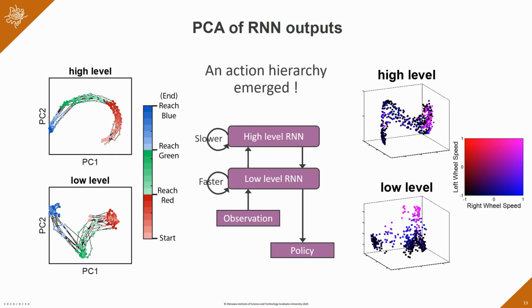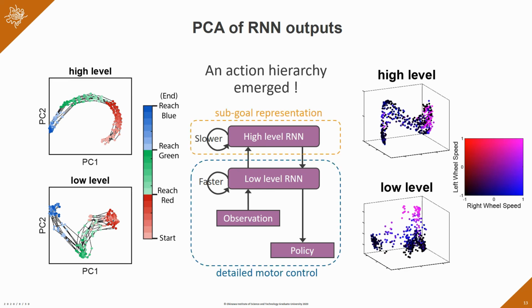So based on this, we can see that an action hierarchy emerged, and so the high level RNN learned subgoal representation from reinforcement learning, and the lower level corresponds more to detailed motor control. Remember that the agents do not have an explicit objective to learn the action hierarchy, but the action hierarchy comes from